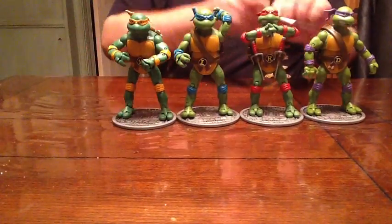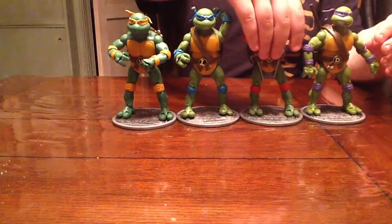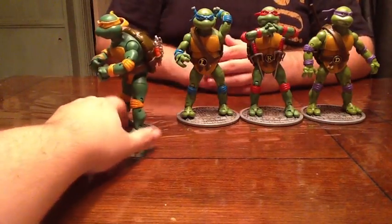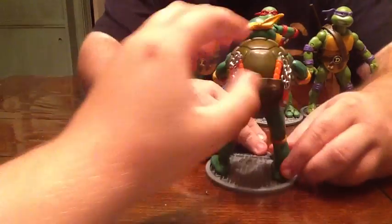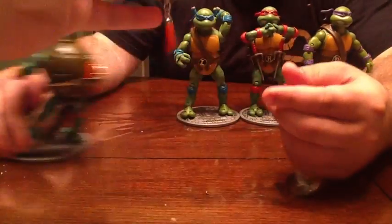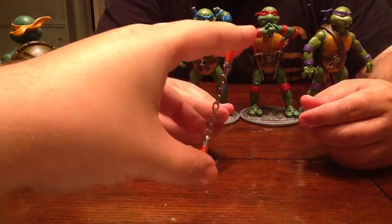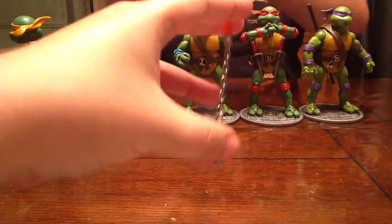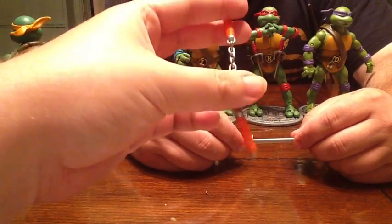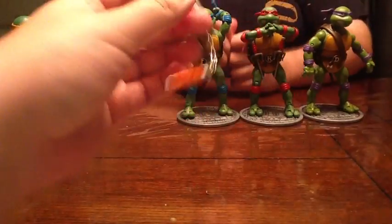You kind of have to force some things at first to get the full range of motion. Yeah, and that is a Diamond Select figure, and Diamond Select figures sometimes are known to be a little stiff. One of the cool things I did want to show everybody with the weapons is especially Michelangelo's. If you see here, with most turtle recreations, for Michelangelo, his weapons are usually 100% plastic. These are actually painted. They're probably like aluminum or something, but it is a metal chain connected to two plastic handles, and